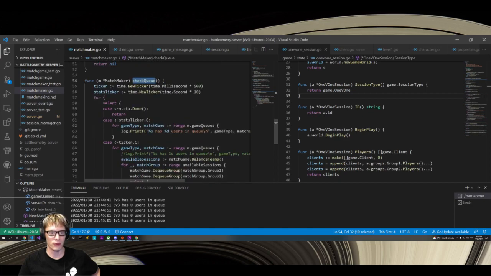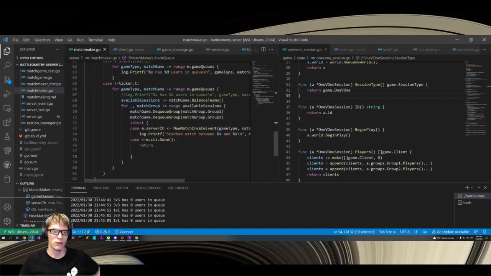So every 500 milliseconds we tick, and this is touching the match game object only, really. Everything else it's touching is read only, so it's not that big of a deal. But before, it was going to call the session manager, and the session manager would then kick off a new game world with those players, which means there would be basically a leakage of Go routine